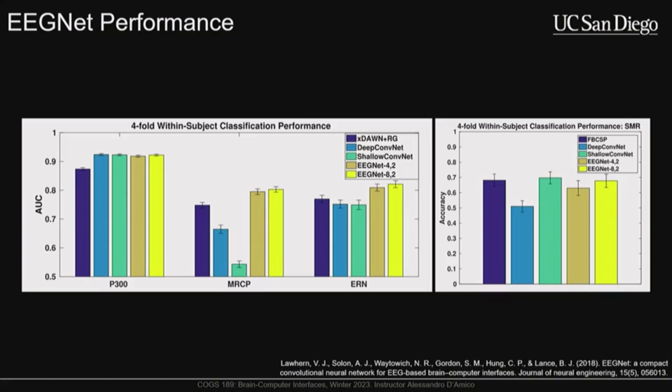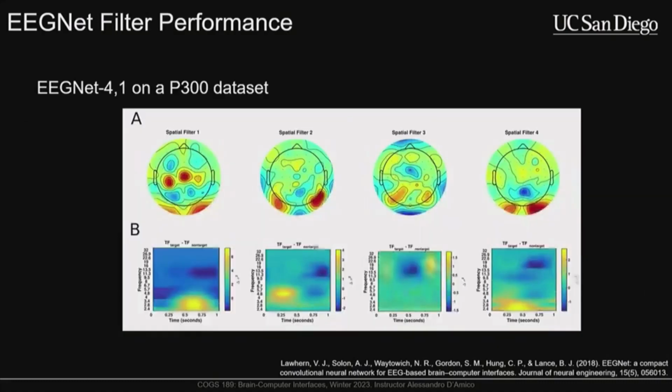I'm going to have either Mata or Professor Dessau talk about one way to accomplish that in order to make the deep learning models significantly better than naive filter bank CSP. But yeah, in general, they perform quite well. And again, I was mentioning this, but what's really nice about this approach is that you can actually visualize the spatial filters. So in the top, we see these topo plots, which we saw when we were looking at the